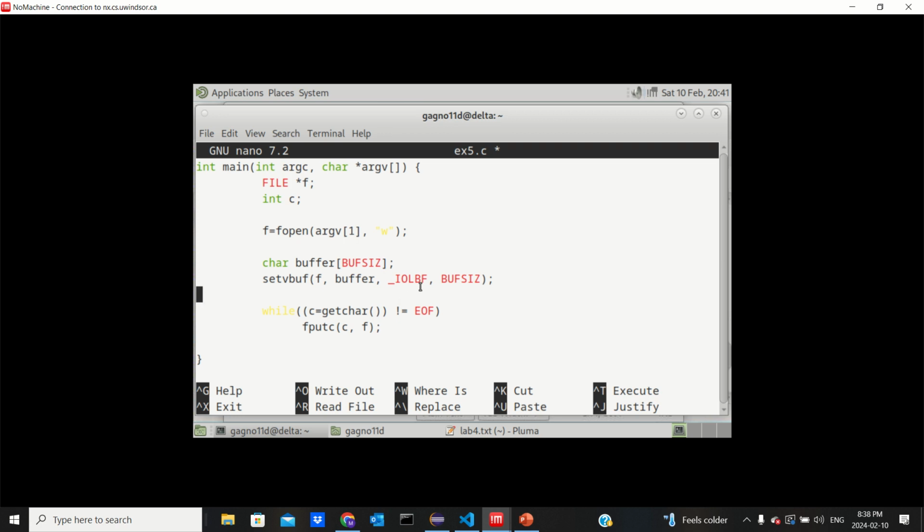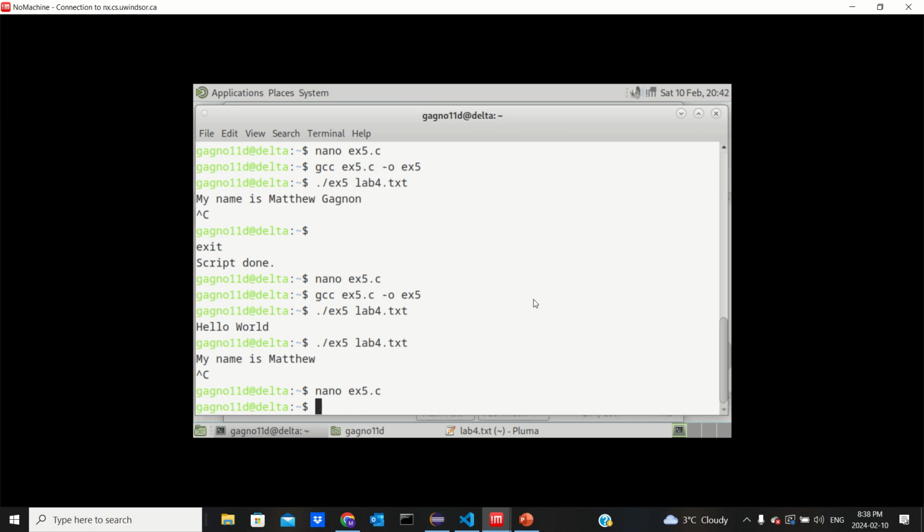So that way, if we press Control C, it will still update the text file because we had pressed enter, which is a new line. Yeah, and that's just with these two lines. So I'm going to save it, exit,